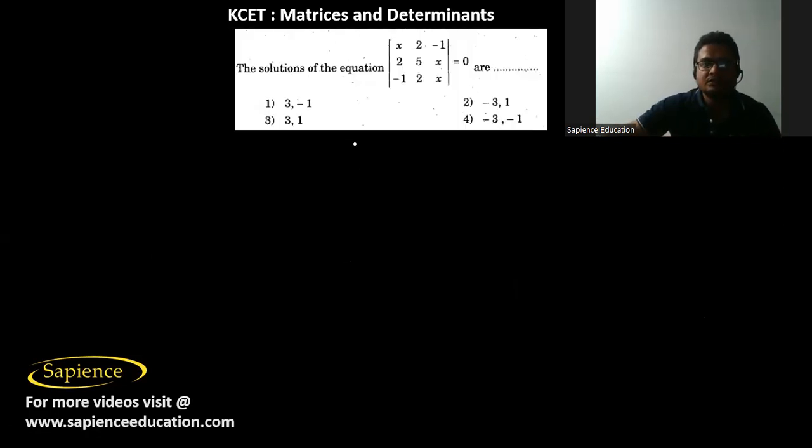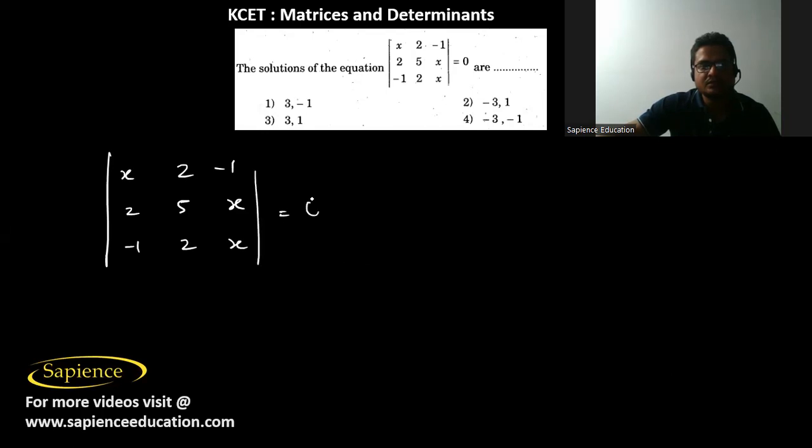Then the solutions of the equation, we have to find the solution of this. So we have to find the solution of the equation, the determinant of x 2 minus 1, 2 5x, then minus 1 2x, that is equal to 0. So if we expand this determinant along the first row, then we will get, plus minus plus, so x into 5x